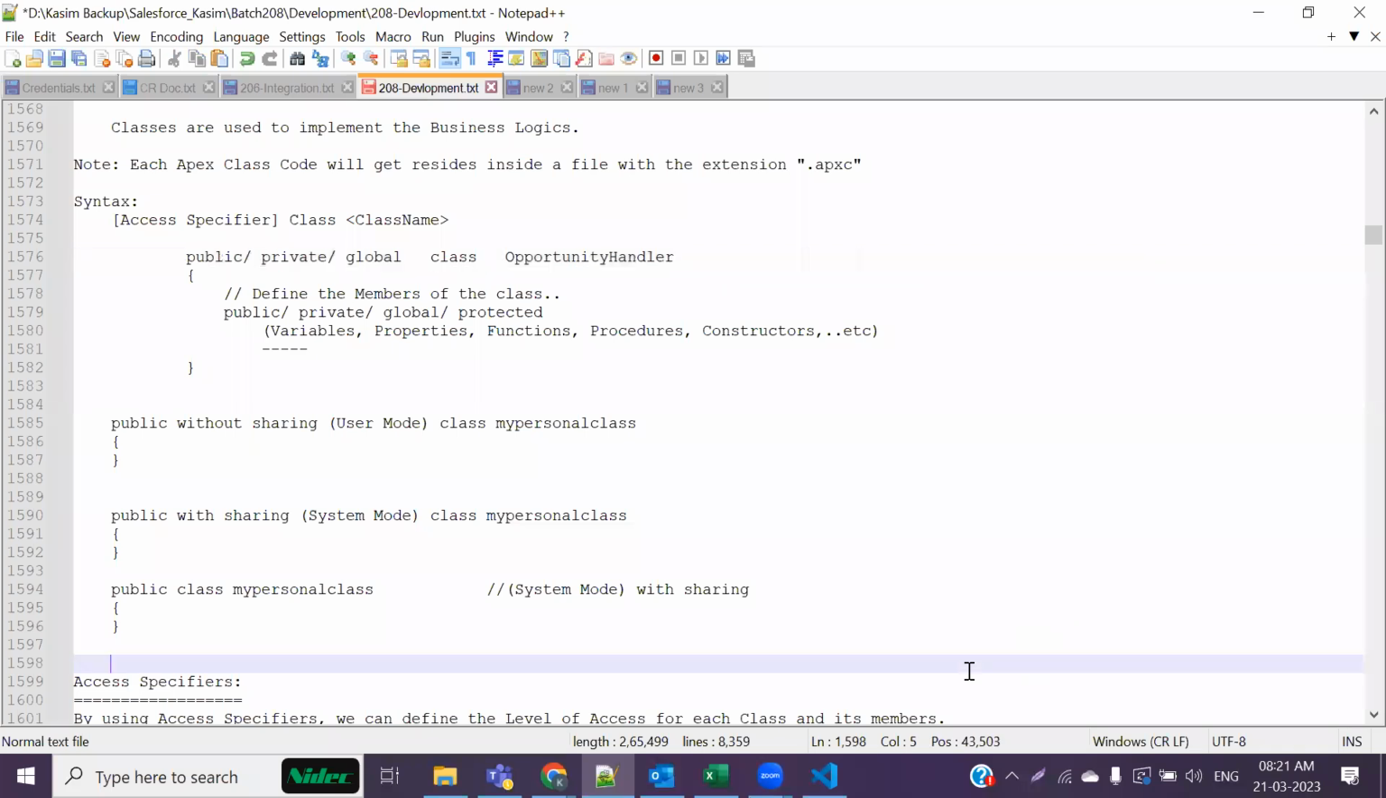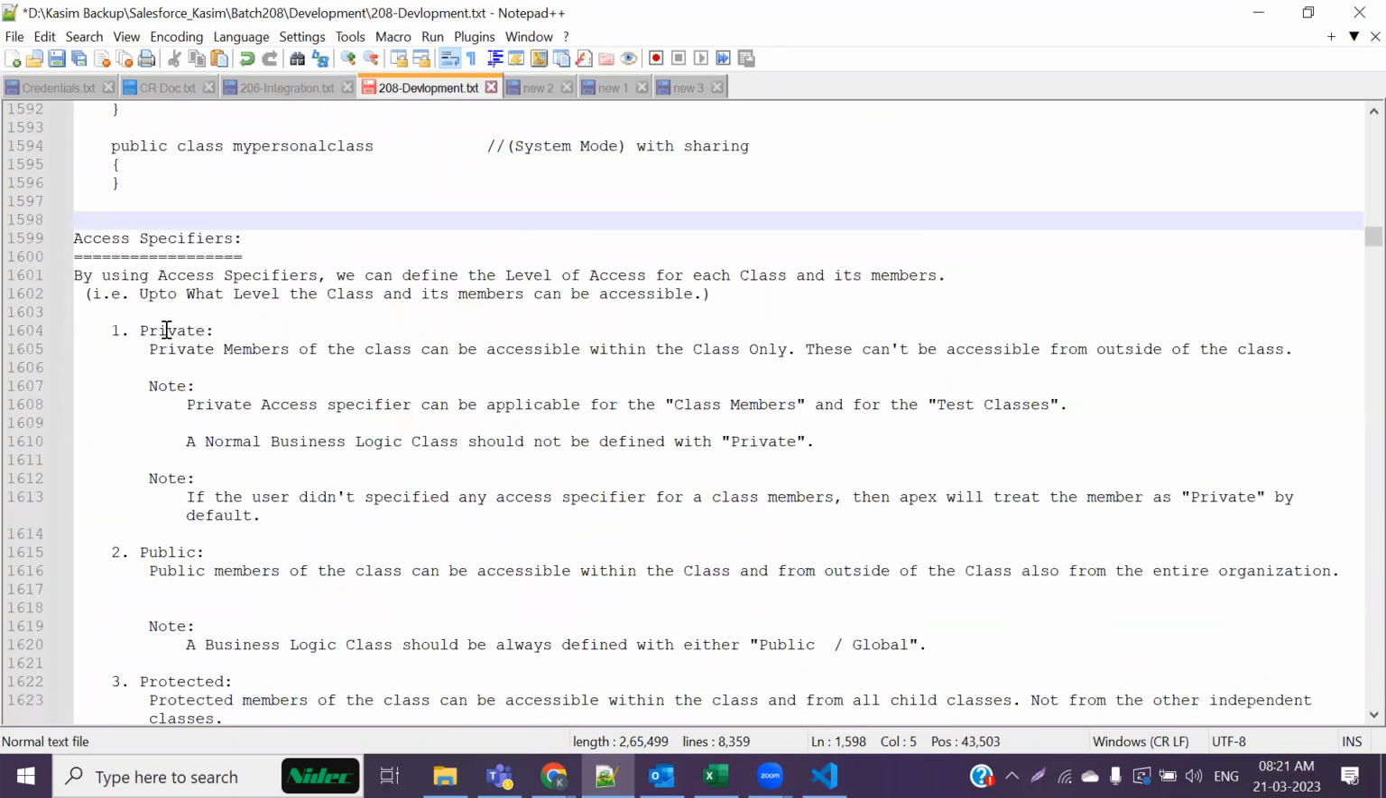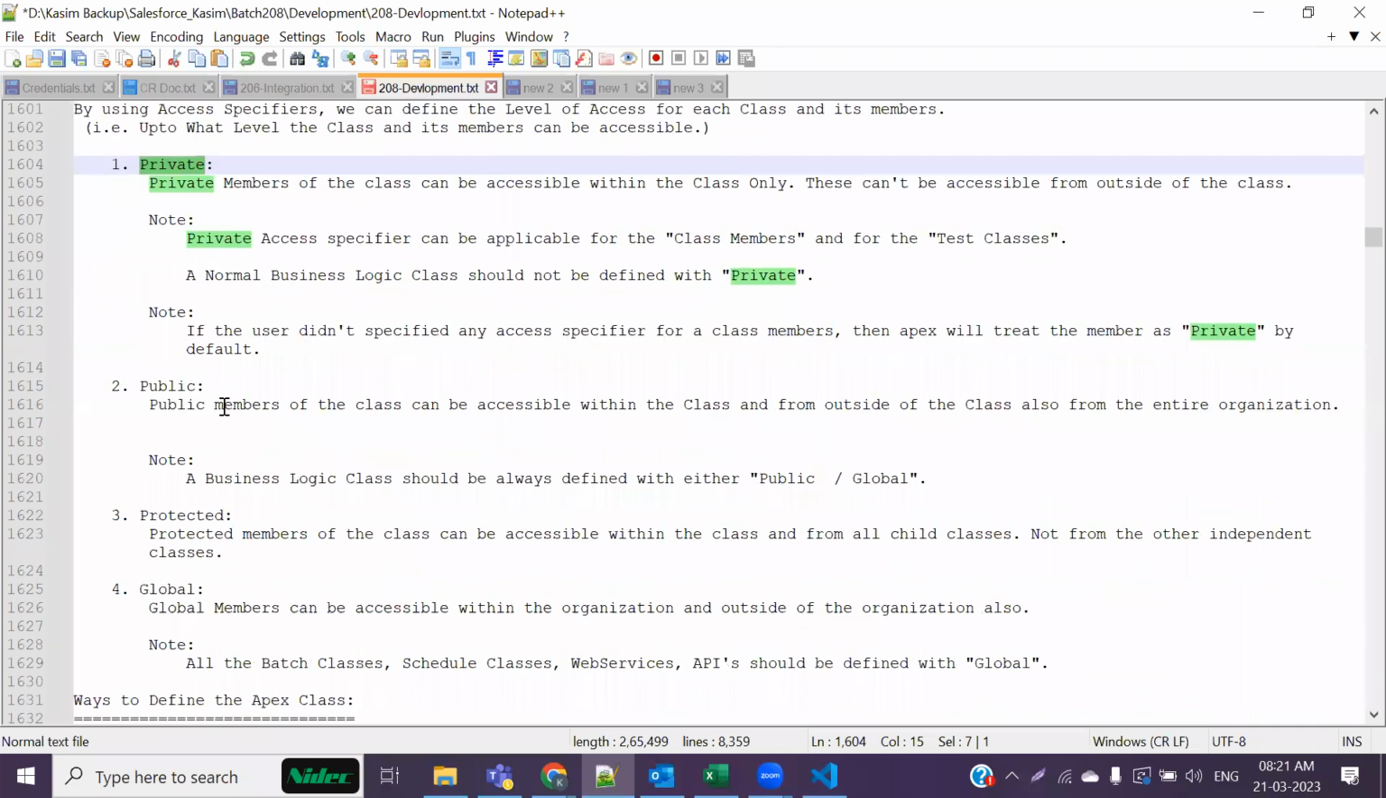Class cannot be protected. There are four different forms of access specifiers. Private. When you make a class, all right, let me start with public, first of all. When you make a class or a method as public,